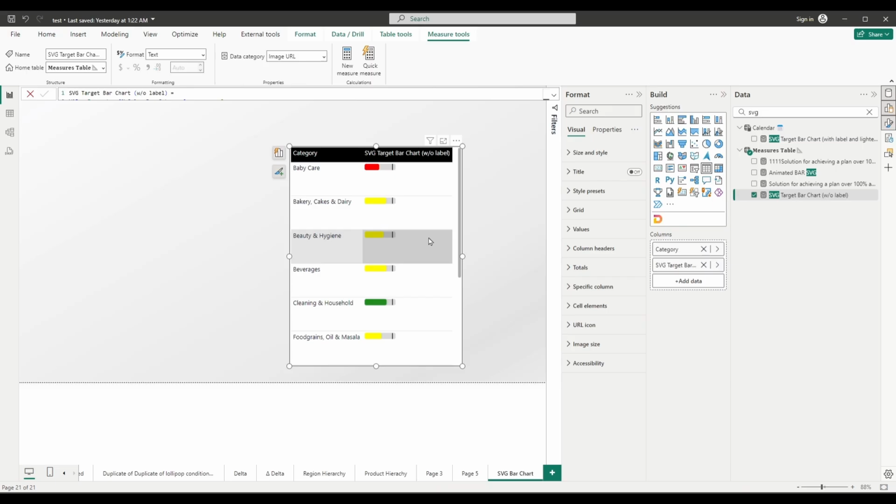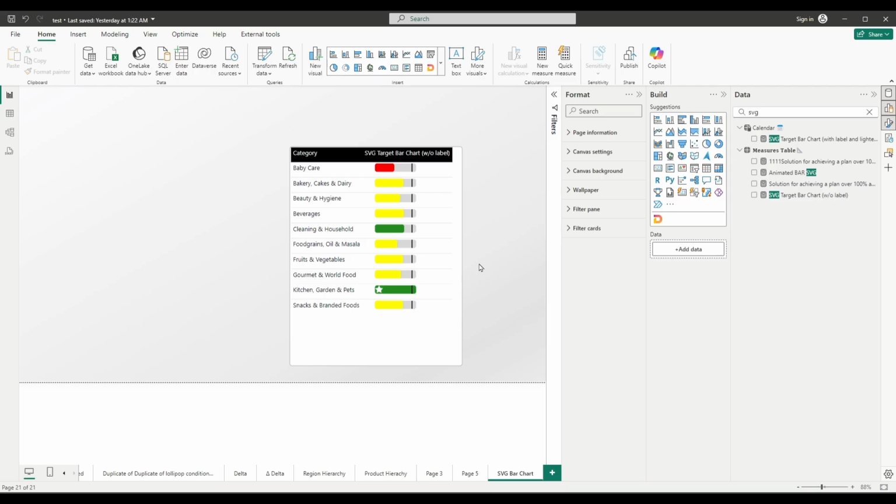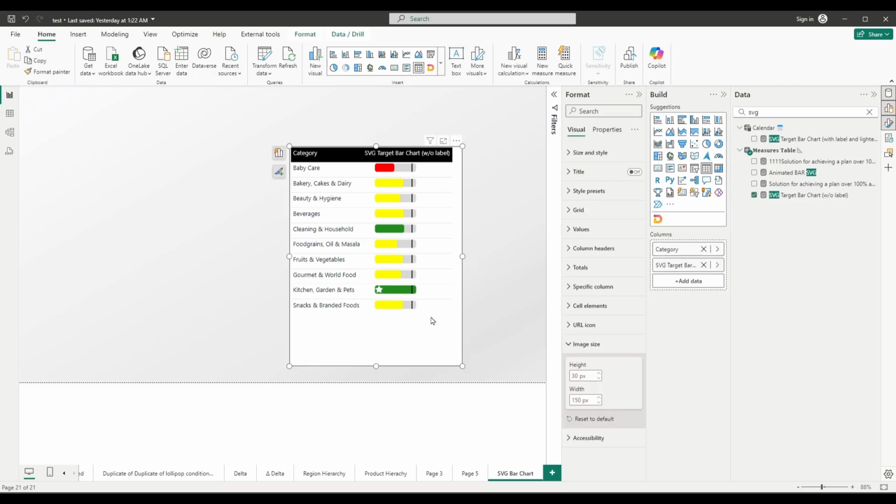Okay, next thing that we can do is to increase this bar chart. To do that, navigate to format pane, go to image size and change height. Let's say I will change it to 30 and I will increase width to 150. Okay, now it's bigger and for me it looks better. You can go with this code if you want, but from my perspective there is something that is missing, and